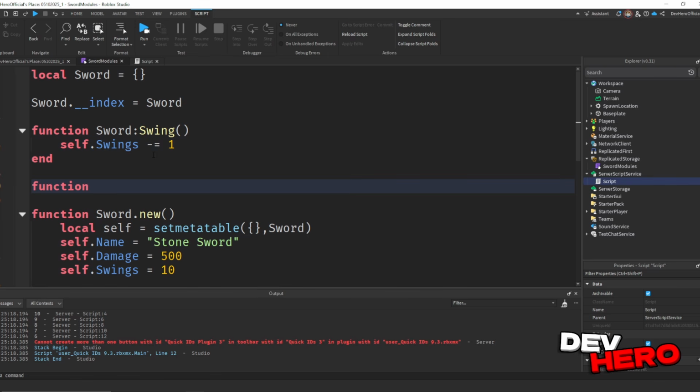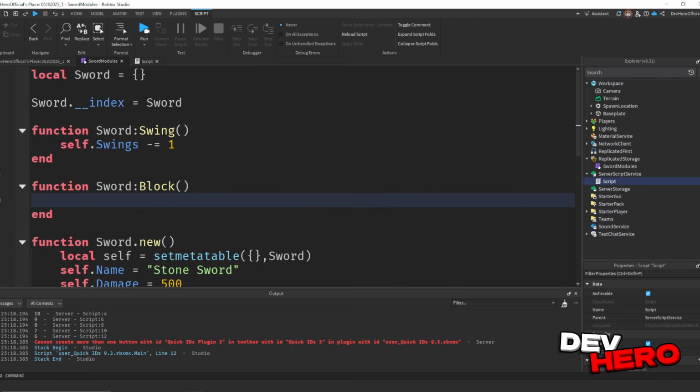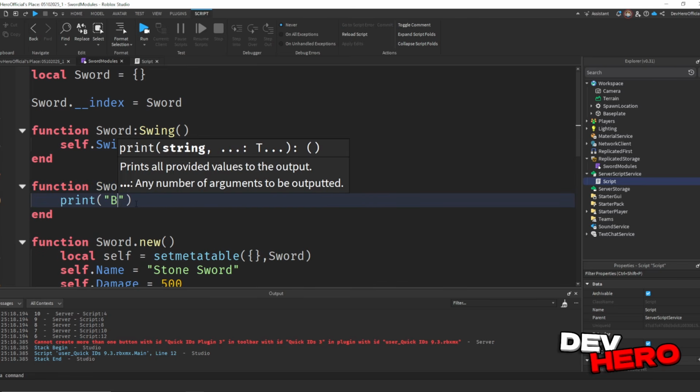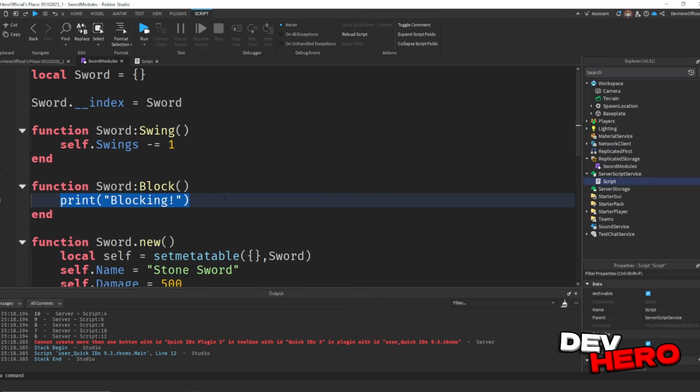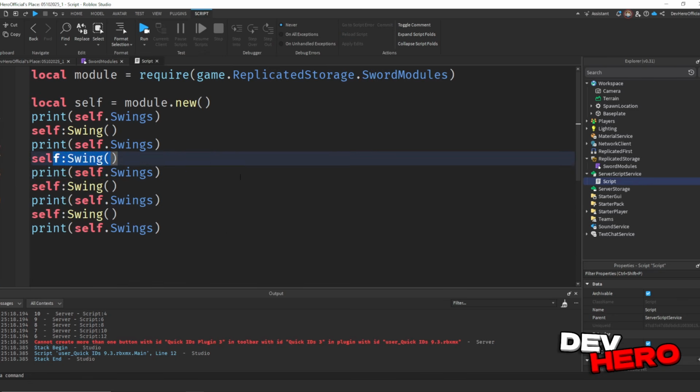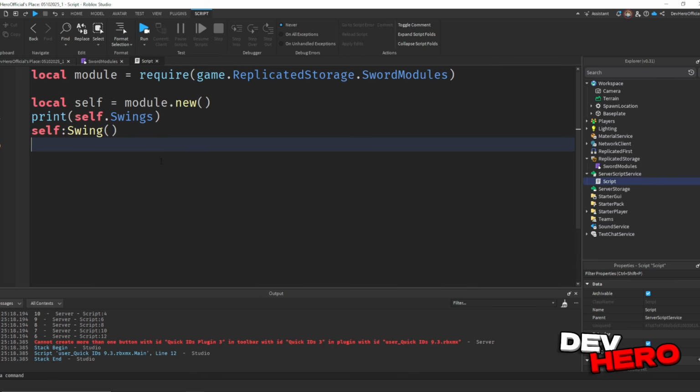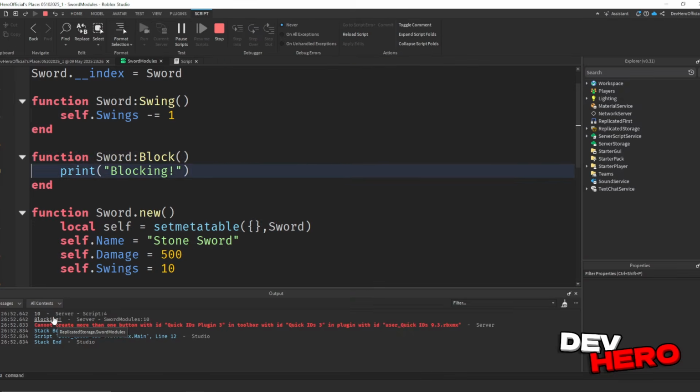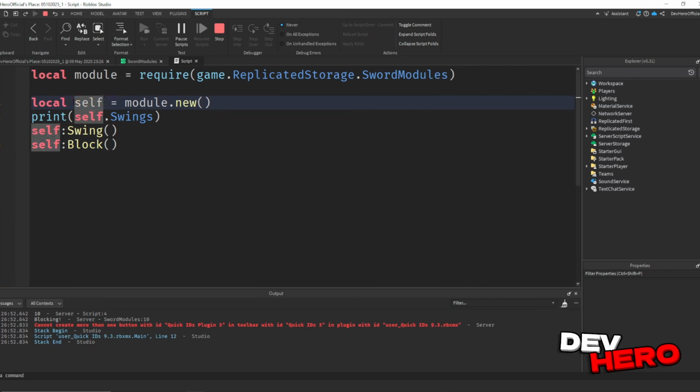We can create other functions inside of it as well. Let's say we wanted a block function. We can say sword:block. And inside of that function, we can just print "blocking". Now, obviously, you'd want to put your block logic in here, but instead of swinging all these times, we can say self:block. And if we go ahead and run, we can see blocking